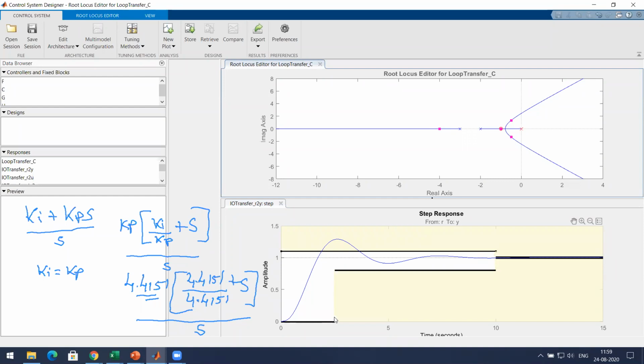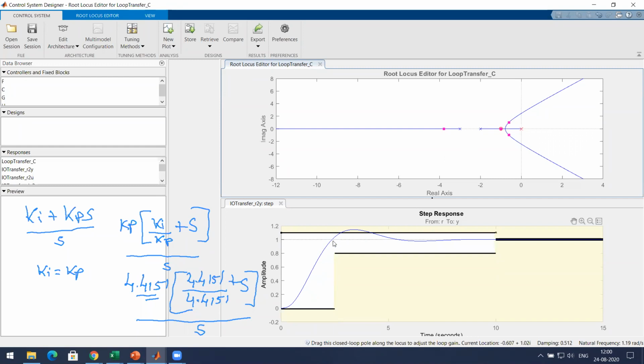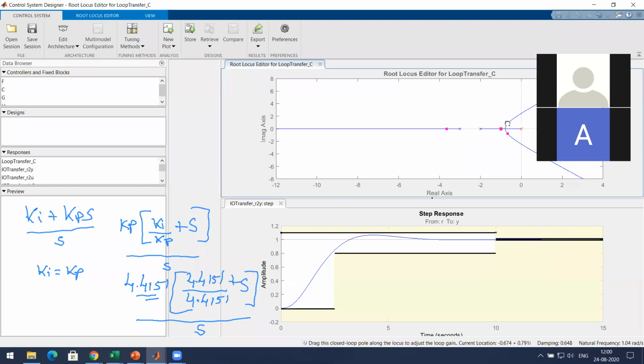It is within this limit, so I can go up to here. So this is now the rise time, correct? Yes, sir. But what do you see? The percentage overshoot has crossed the limit. Yes, sir. So sometimes you can meet the requirement, sometimes you cannot. Every requirement cannot be met.